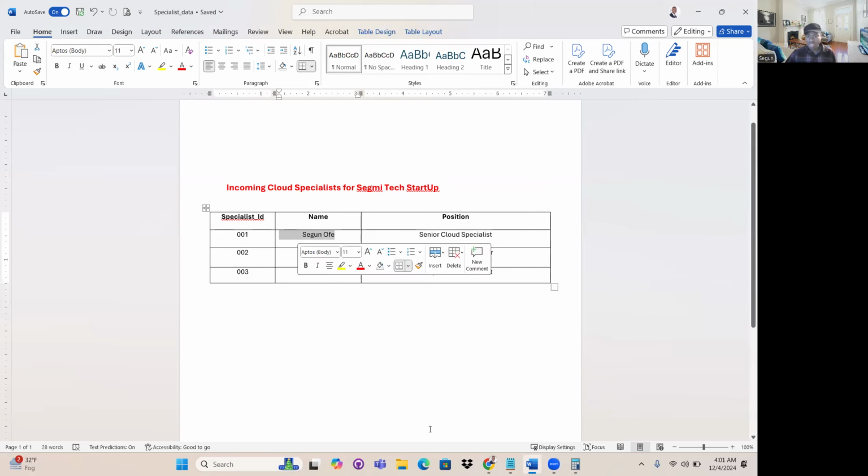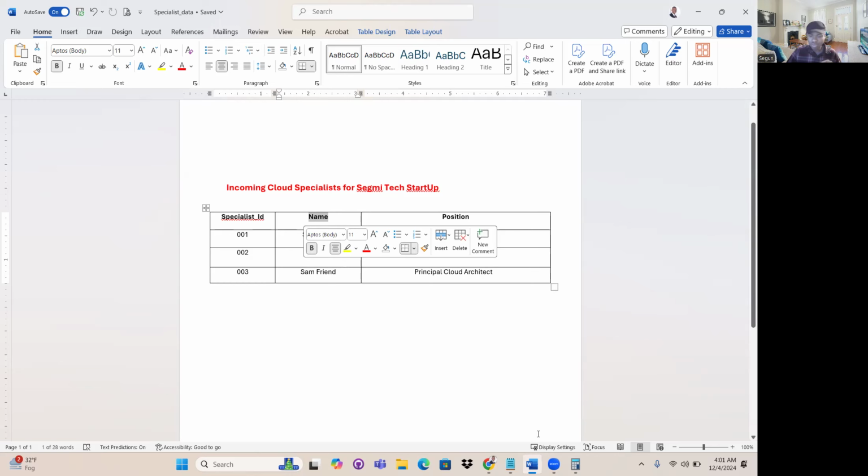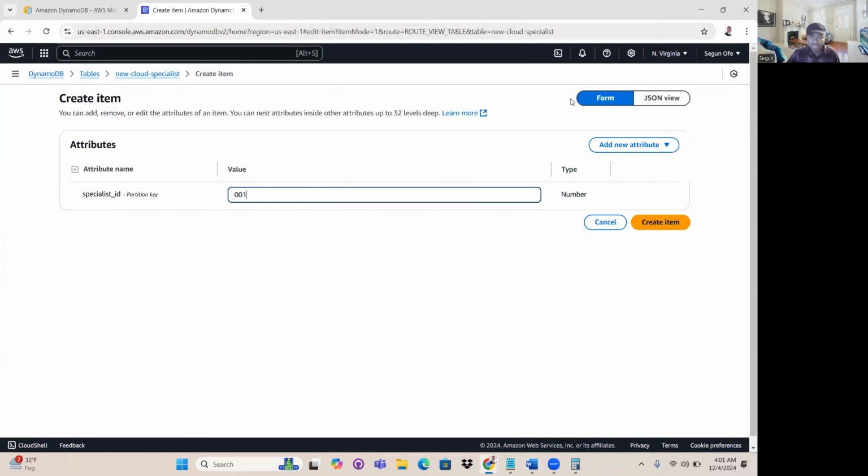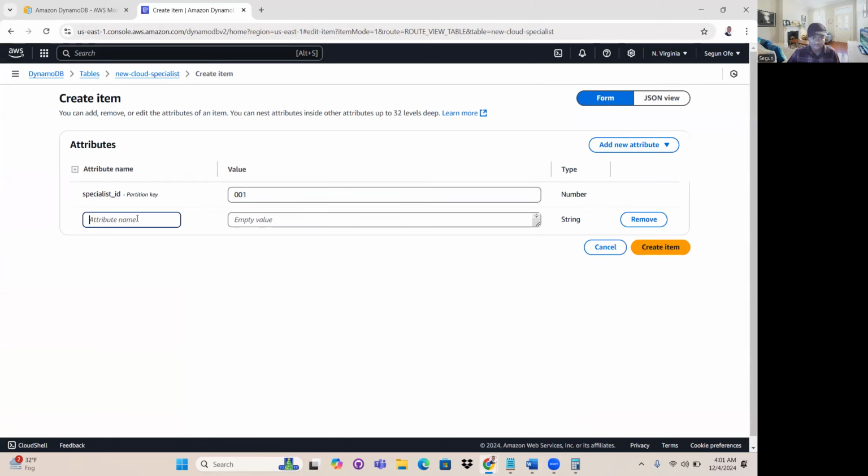Because data in DynamoDB is in a kind of JSON format, right? So you put the name and then you put the value. So now let me come back there. So I'll click on add a new attribute. It's going to be string, so I'll put attribute name. So I'll put name, then the value is going to be my name,